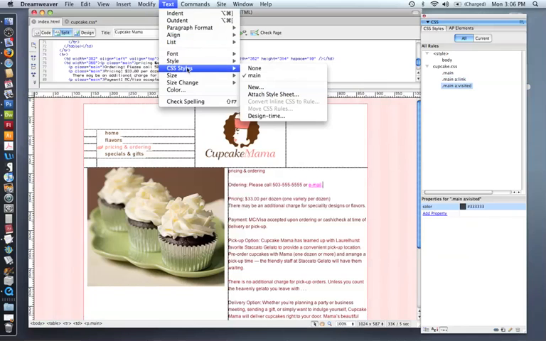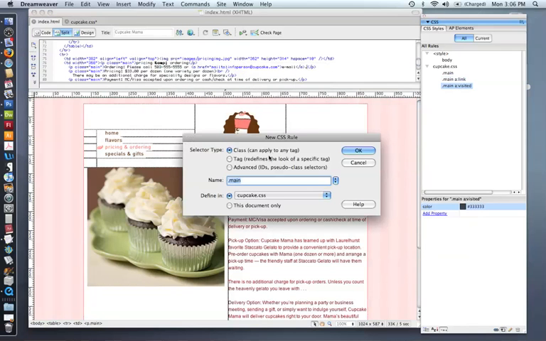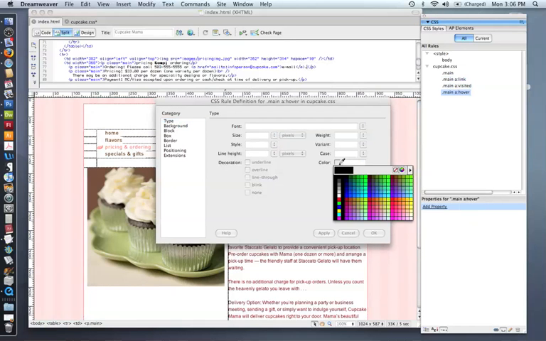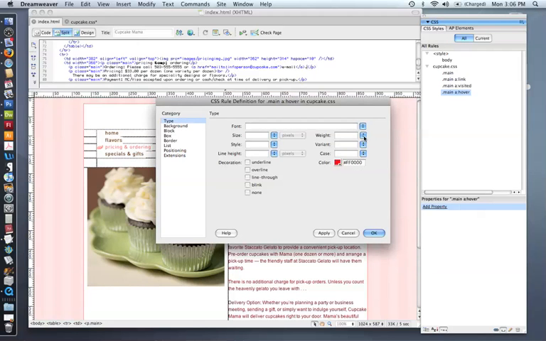which, oops, go down to CSS, styles, go to new, again go to advanced. This time we're going to do our hover. And again, I'm going to put .main. And for our hover, let's make it red. And just for kicks, we'll make it bold too, so it'll be really obvious when we're hovering over it. Again, I'm not sure these are the best design choices, but just for the sake of this demonstration, it'll be